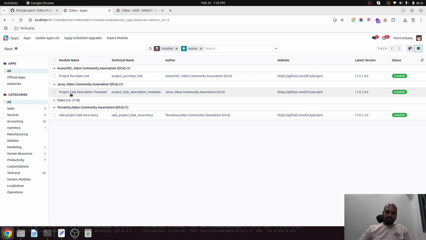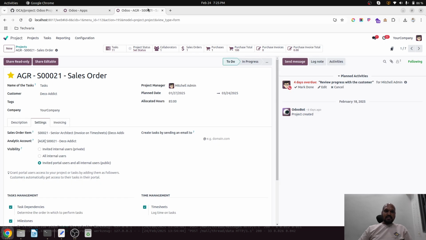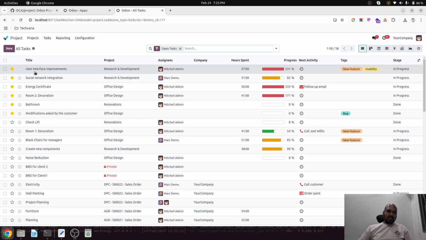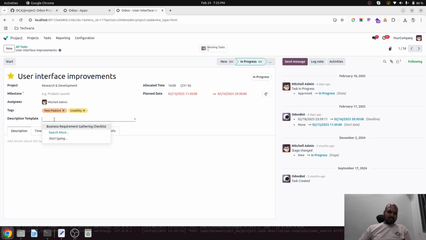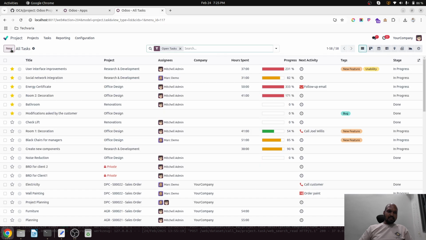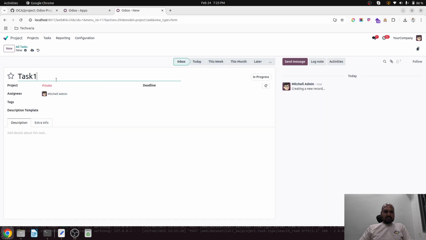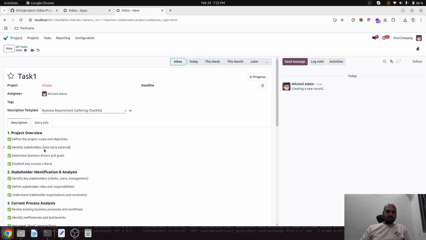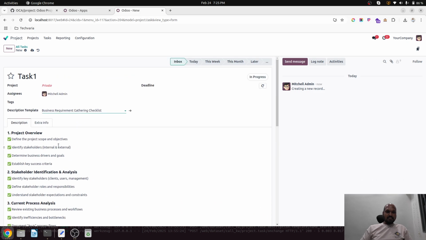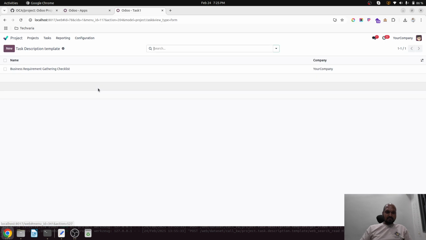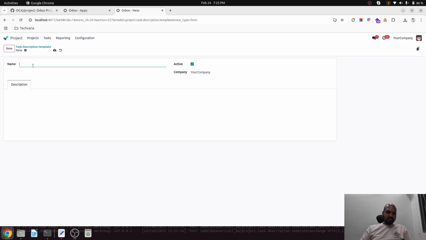Let's see some more. Now, project task description template. Inside Odoo, when we go to task, this particular template will be introduced over here. So whenever you are creating any new task and you want to readily use a template which is predefined in your library, you can easily copy paste it. How can we create that? In configuration, we have the task description template over here,